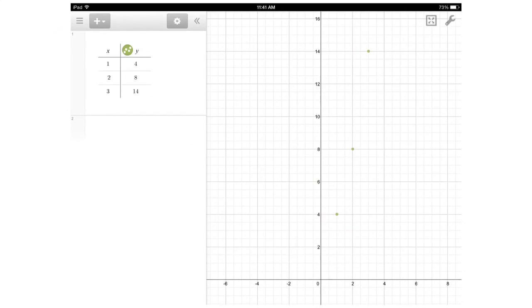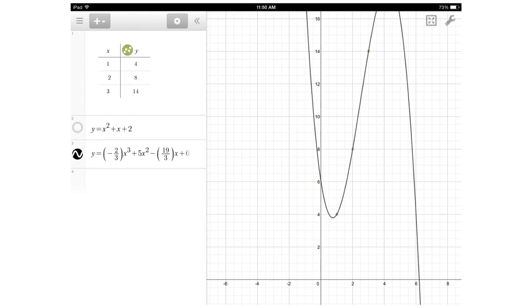it's interesting to begin to note that it only takes 3 ordered pairs to determine a quadratic, a second degree function. So for example, the parabolic curve that would go through these 3 points is x squared plus x plus 2. Now unfortunately, there are lots of curves that actually go through these 3 points, and most of them